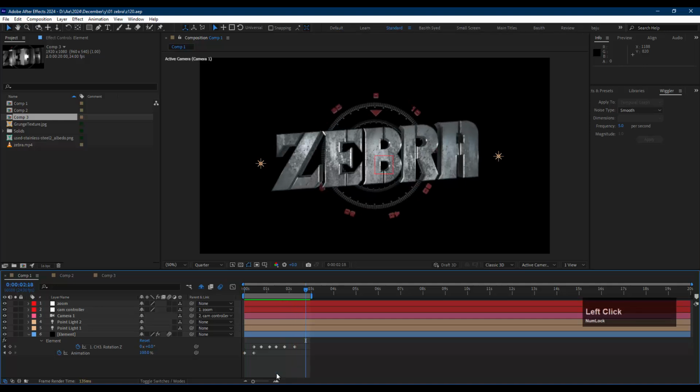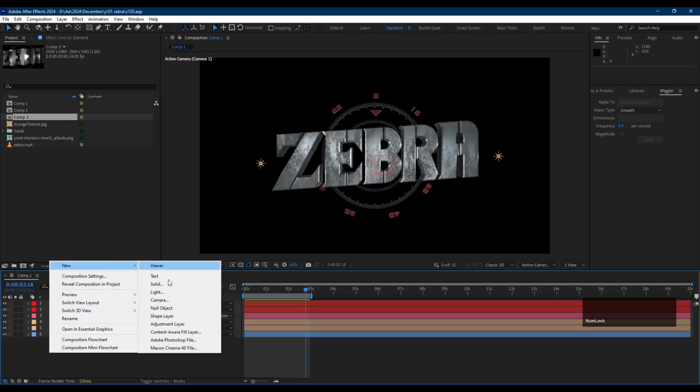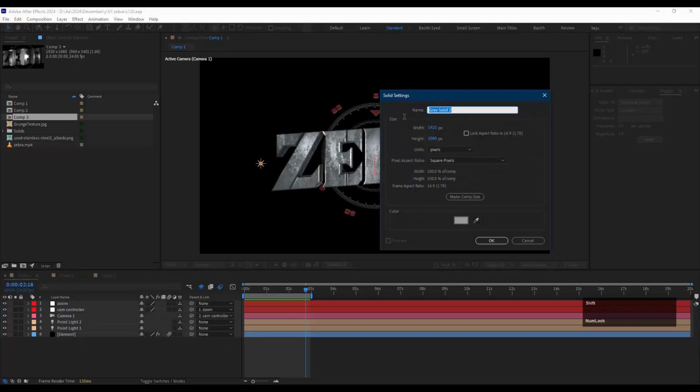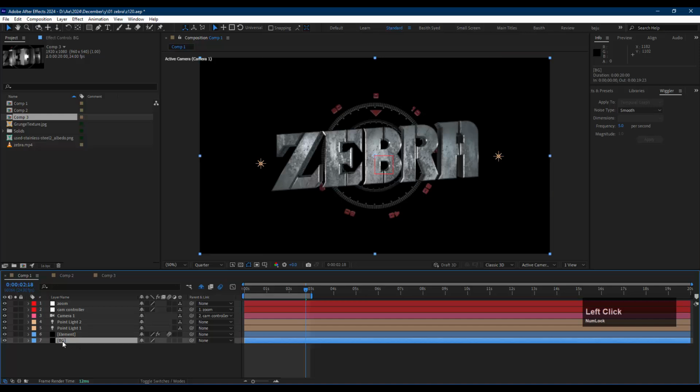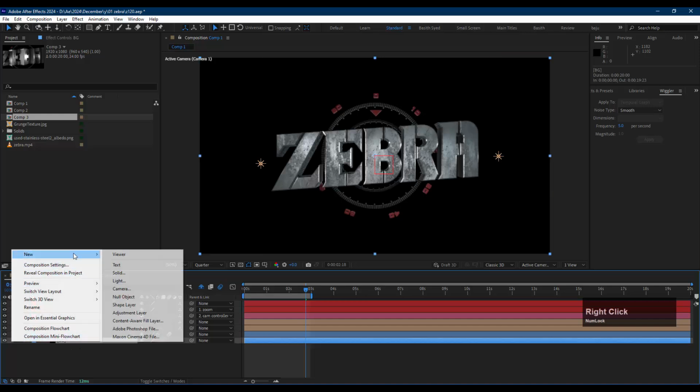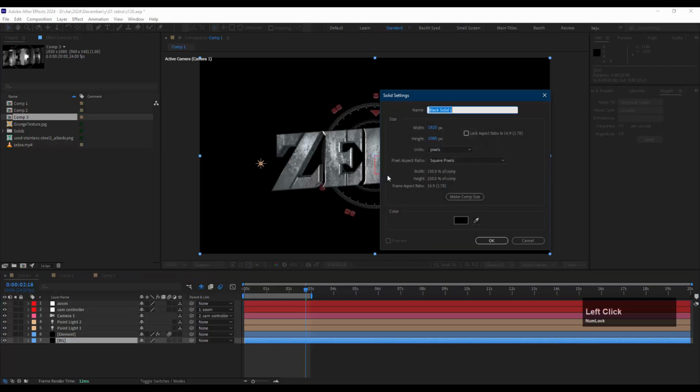Let's concentrate on creating the background. Let's right click and new solid, call this BG, and create something like a black color. Drop it beneath the element layer, and then right click and new solid, call this light BG, maybe just call it light,